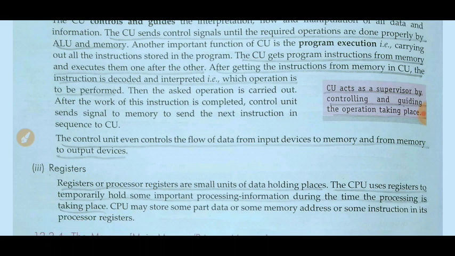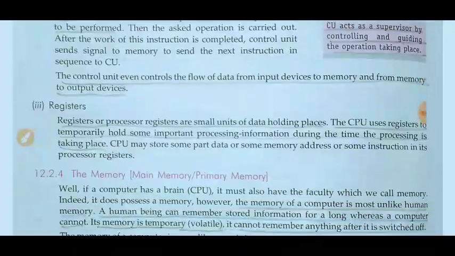I hope these many topics are clear to you: how input unit works, how output unit works, then what are the subcomponents that come under CPU. CPU is also known as the brain of the computer. These many topics I have covered here. Then next is memory, means main memory or primary memory. This topic I will discuss in the next lecture, next video, because memory has many subparts, so this video may be long, so we will cover this topic in the next video.